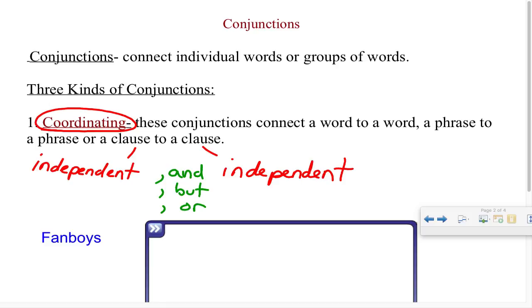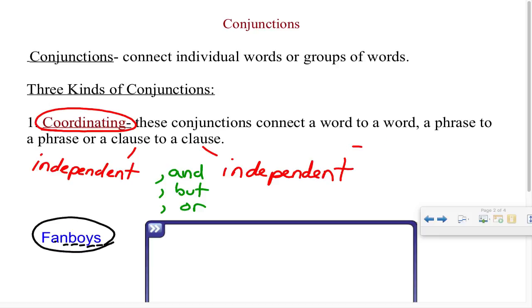Over here is a mnemonic device to help you remember: for, and, nor, but, or, yet, and so. I don't really use yet a ton. I'm sure you don't either. Most people don't use for as well. They use and, but, or, so. Okay. So independent clauses